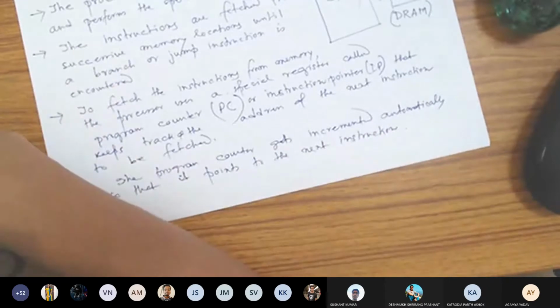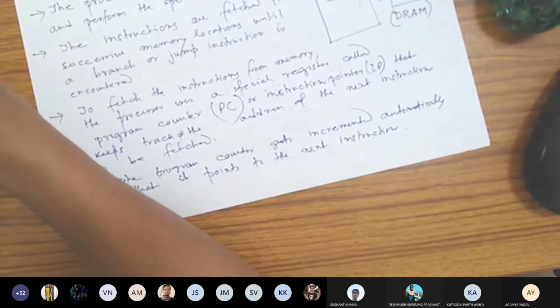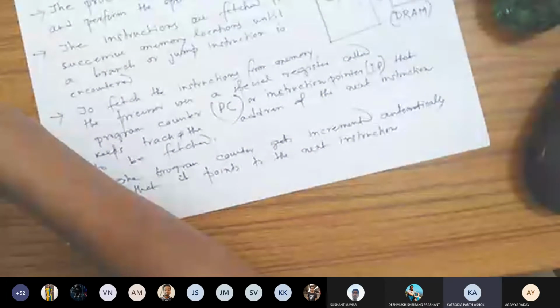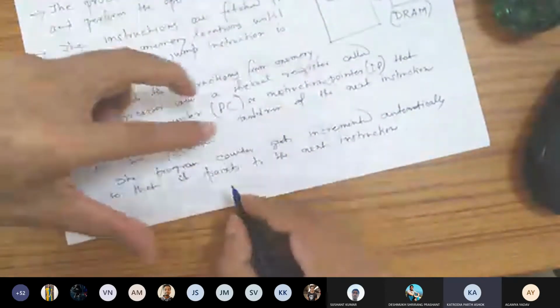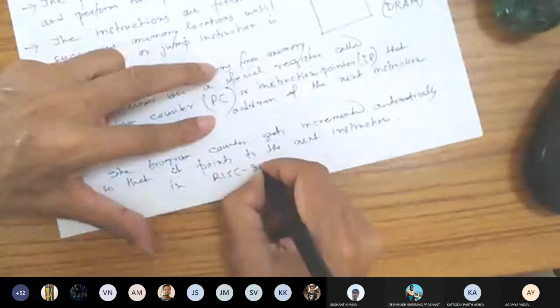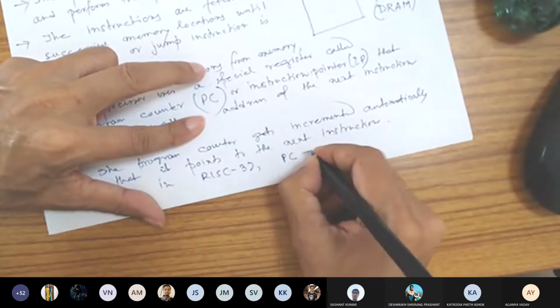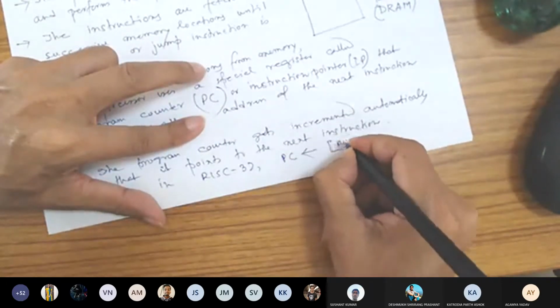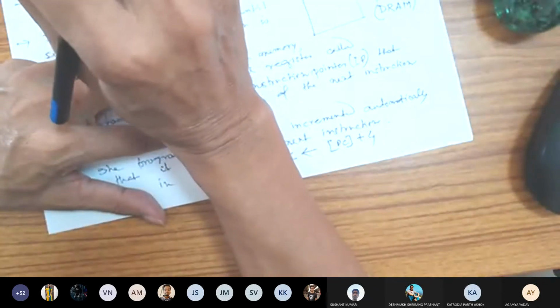Now, can someone tell me, in the RISC 32-bit architecture we have discussed, if the program counter value is currently say X, after fetching the instruction from X, what will be the value of program counter? X plus 4. Yes. So in RISC 32, PC becomes PC plus 4. This is automatic.